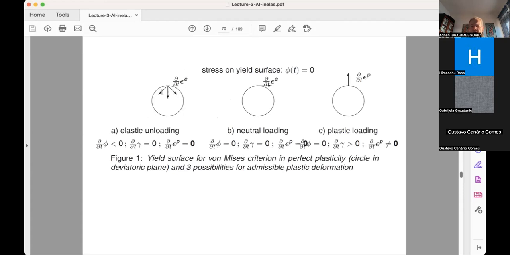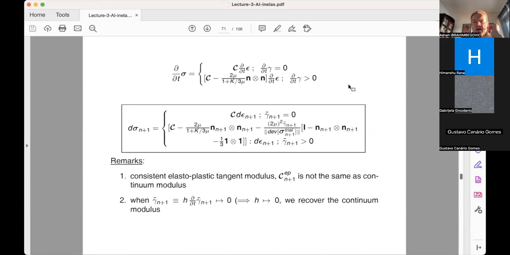So basically, this is the type of thing that I have, and the loading and unloading conditions are, again, elastic unloading is if I'm already sitting on the plastic surface, I could be entering anywhere inside the region. And then plastic loading will be I'm trying to expand this plastic surface, in which case they should be orthogonal to this surface there. Neutral loading is again a case that I might run into and I have to be able to handle. And this is just a remark, and you have it in the book, that if you have a continuum setting, the stress rate equation will be written this way. That is, the elastic part is simply the elasticity tensor times epsilon dot, whereas for the elastoplastic part, you have this rank 1 update